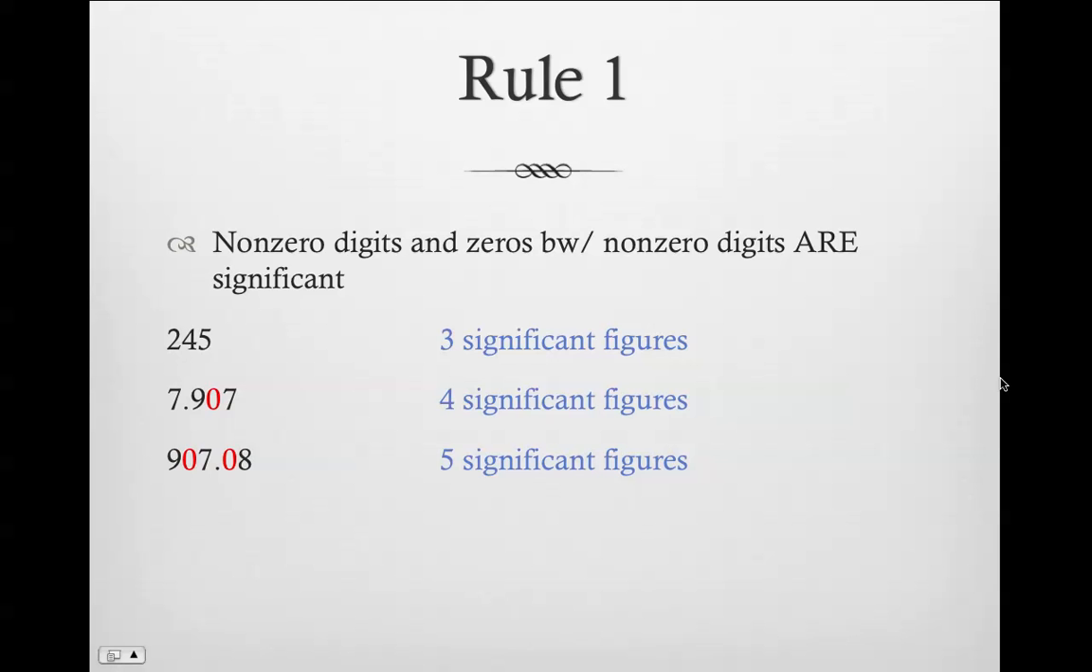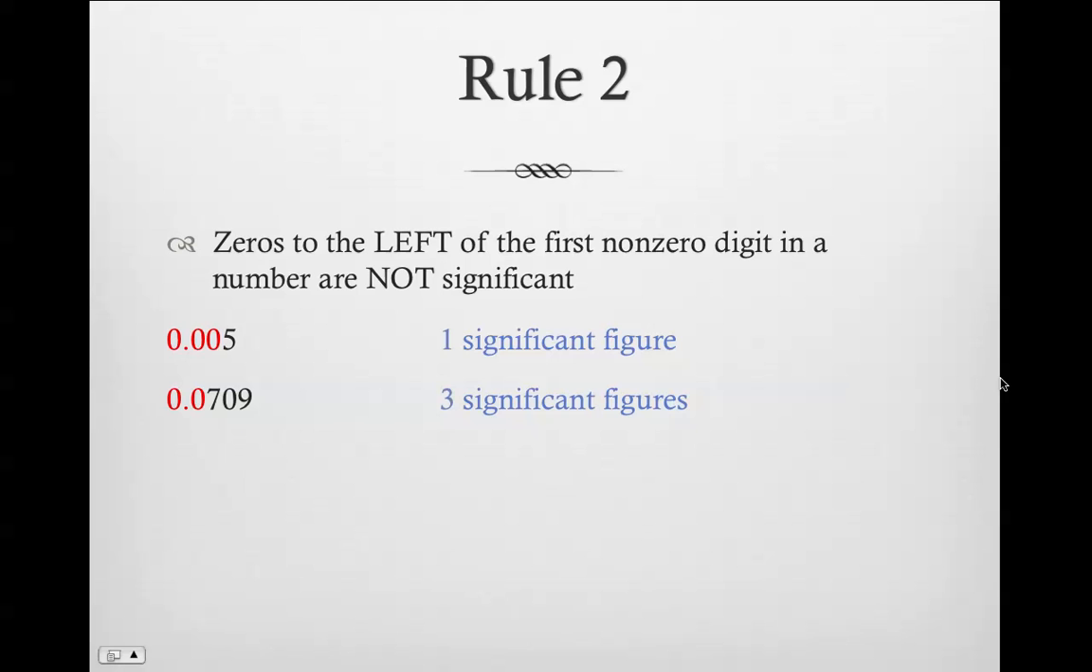And the last example, 907.08. Both of the zeros are in between two non-zero digits, so this will have a total of 5 sig figs. Rule 2. Zeros to the left of a first non-zero digit in a number are not significant. Basically, when you have a value less than 1, the zeros to the left of the first non-zero digit are not significant. So looking at the first example,